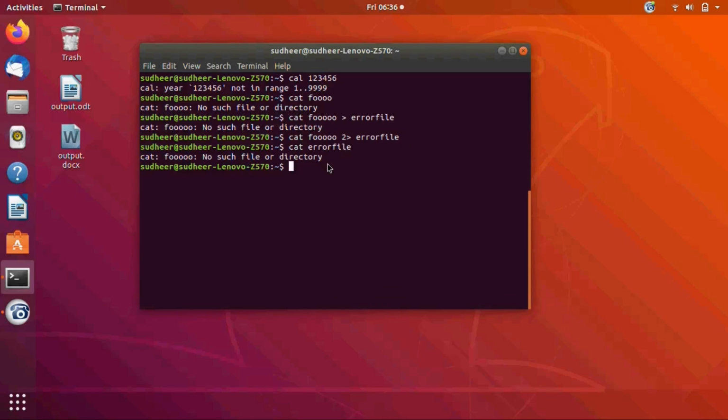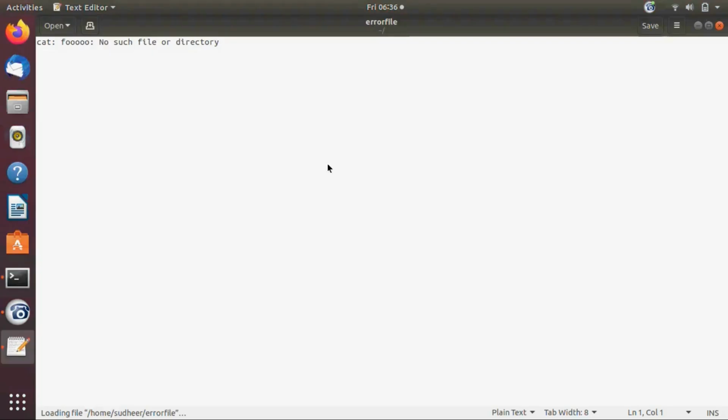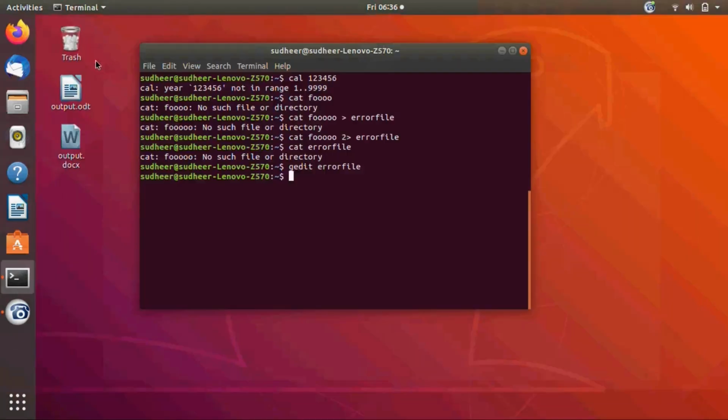If you want, you can open the file with gedit error file. See, the error message is copied here because it is redirected using the 2 greater than symbol. While using the 2 greater than symbol, you should not give a space between the characters 2 and greater than.